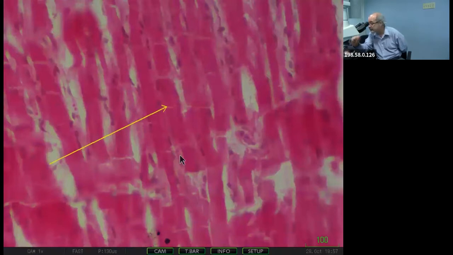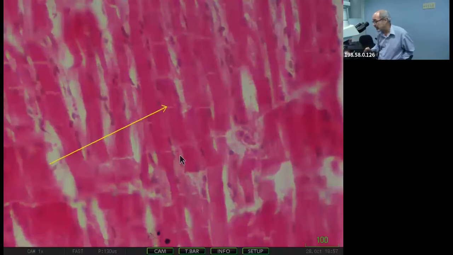Okay, so contraction in cardiac muscle is strong, quick, continuous, and involuntary. You have to remember these facts also. Remember that you don't have so many nuclei per fiber, just one or two, and these nuclei are placed in the center of the fiber. The fibers are shorter than in skeletal muscle, of course, and the fibers are branched. Okay, so we are okay with that.